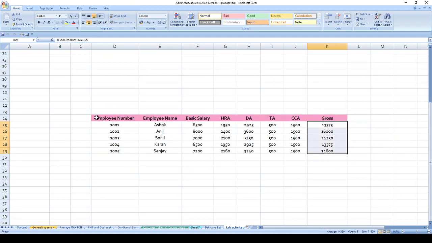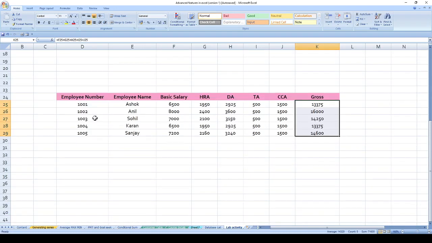Now see this table. Here the table shows a record of employees.